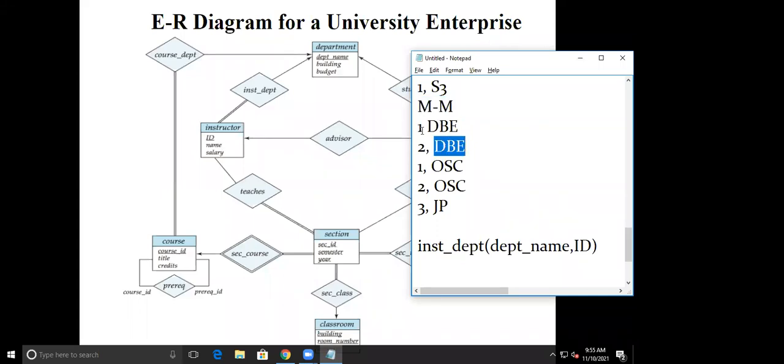DB getting repeated, 1 getting repeated. म्हणजे neither this attribute is sufficient to form a primary key, neither this attribute is sufficient to form a primary key, but combinedly can form a primary key. Primary key म्हणजे काय की मला युनिक कॉम्बिनेशन मिळायला पाहिजे. So unique combination, this individually cannot give me a unique combination. हे सुद्धा individually मला unique combination देऊ शकत नाही. So both combinedly can give me the unique combination. 1 dB, no, there is no any value 1 dB. It means this combinedly forms a primary key.